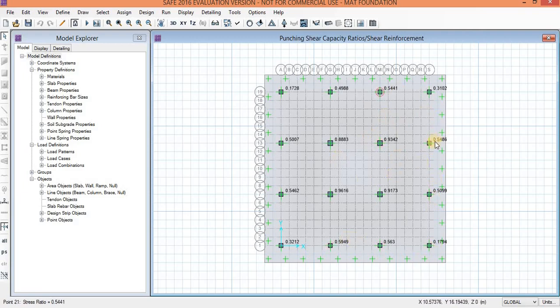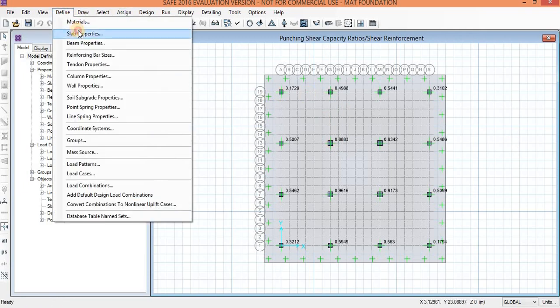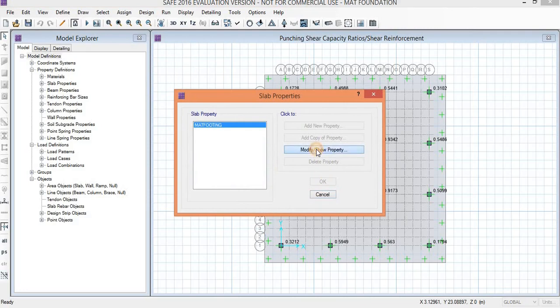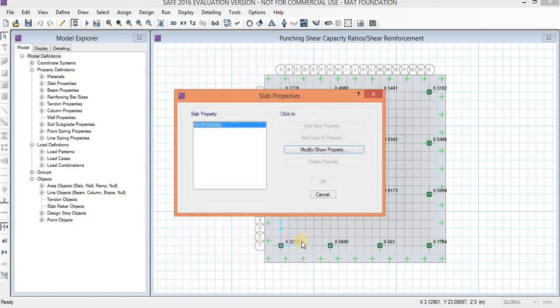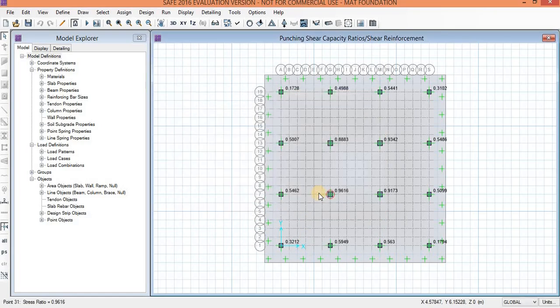If your value is greater than 1, then you can go to define slab properties, and in modify you can increase the thickness values. If you increase it, your punching shear stress value will be less than 1, and then it will succeed. Now it is not showing since my analysis is going on. Now I will cancel. As you can see, it is successfully passed.